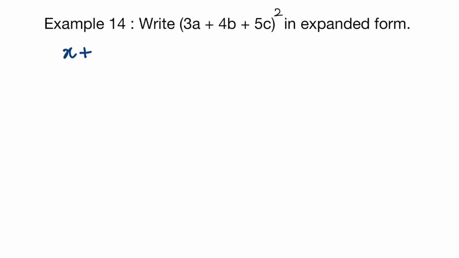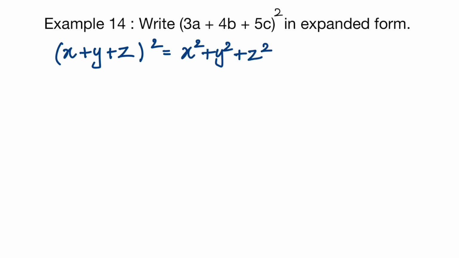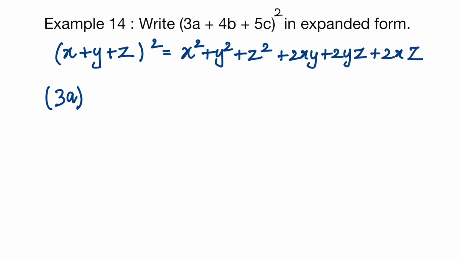Let me just write that once again here. (x + y + z)² is equal to x² + y² + z² + 2xy + 2yz + 2xz. Quite a lengthy identity, but it's quite easy for you to remember as well. Now we are just going to substitute these values in the place of x, y and z. So (3a)²